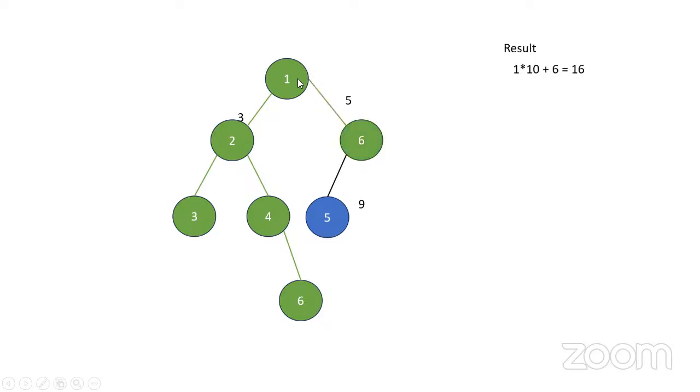Now you multiply again the value that was supplied to you by the root node, that is 1, by 10, you add the node value, which is 6, and you get 16. Now you're still not at a leaf node, so you move to the left subtree, you reach 5, and because you don't have a left subtree or a right subtree from 5, you produce another value, which is 165. The output of the problem statement requires you to add all these root to leaf path values, which is 1534, that you should be getting.